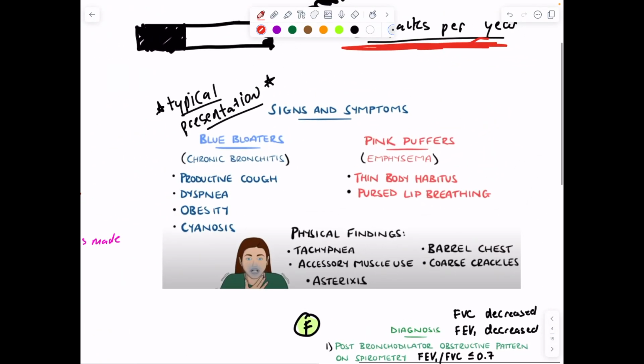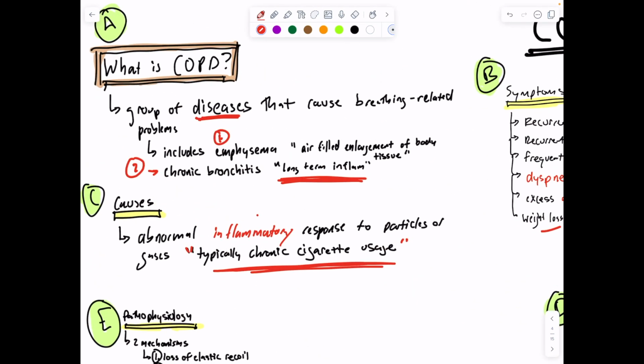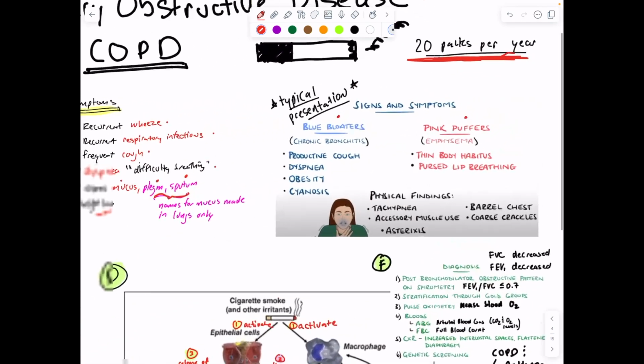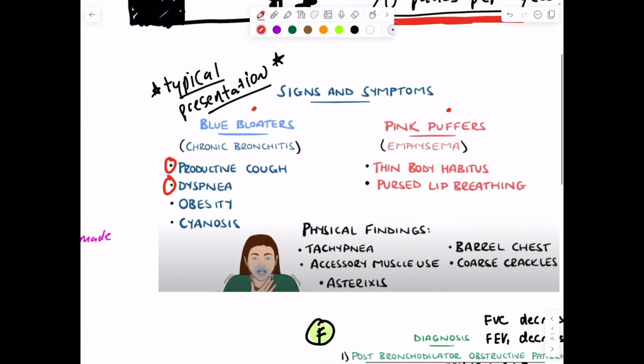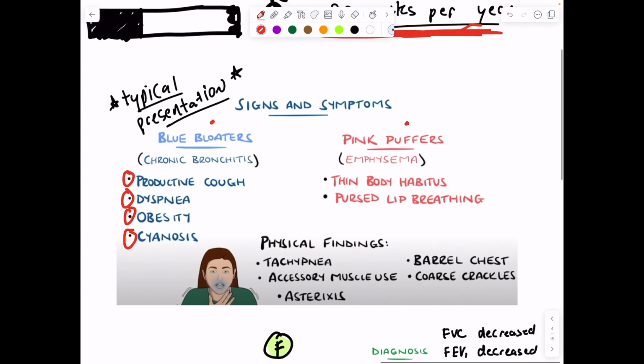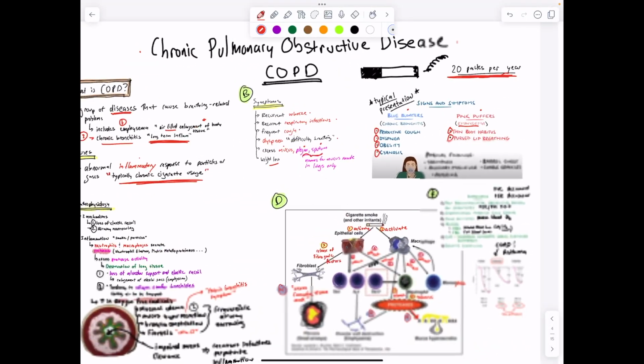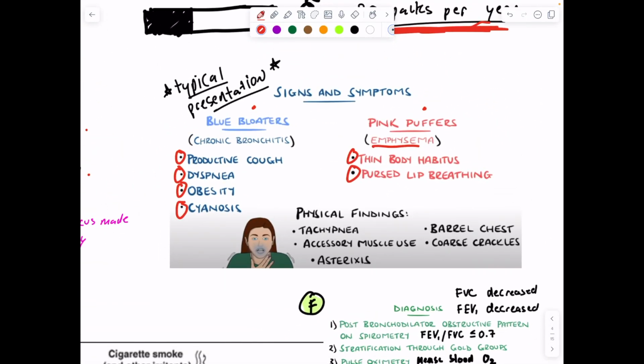All right, typical presentations of COPD. We remember them with blue bloaters and pink puffers, right? We said that COPD is a group of diseases, but our primary two are emphysema, where you have destruction of lung tissue resulting in air-filled enlargement of the body tissue, and you see people with a barrel chest because air is trapped. And then you have chronic bronchitis. So blue bloaters are for chronic bronchitis: a productive cough, meaning mucousy cough, difficulty breathing, dyspnea, obesity, and looking blue, cyanosis. And then pink puffers for emphysema: thin body, pursed lips for helping with breathing, such that their damaged lung tissue isn't going to collapse due to the dynamic changes of air flowing through the lungs that we